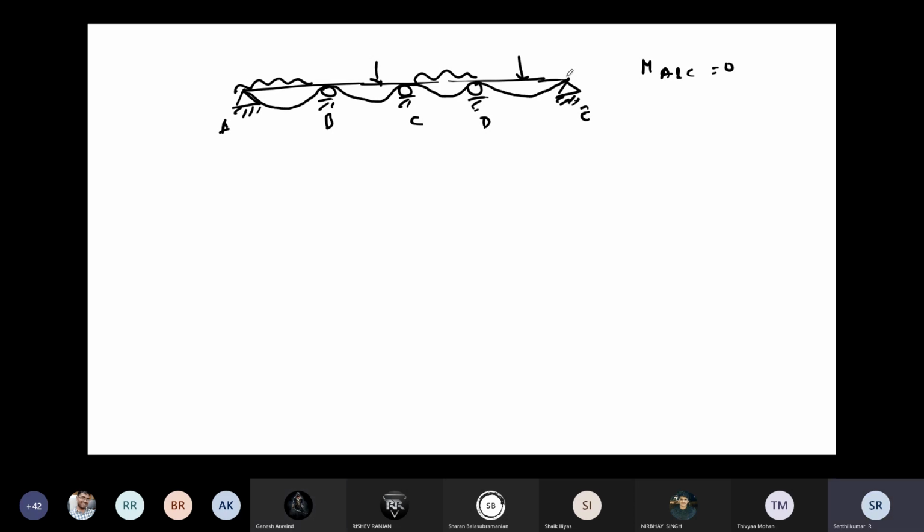Be there or not? Sir, since it's inside the beam, I think so. Sorry? Sir, it's in the beam, so it will be there. Okay. Here sagging moment will be there at mid of the beam. I'm just asking about the support B, C, D. Will moment be there or not?